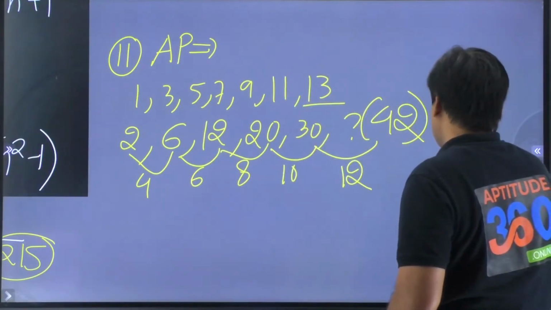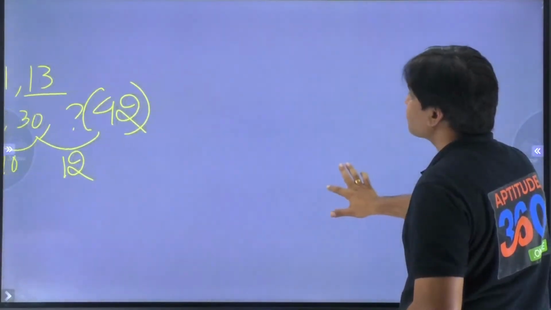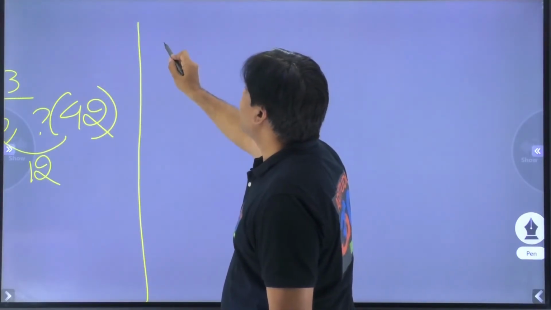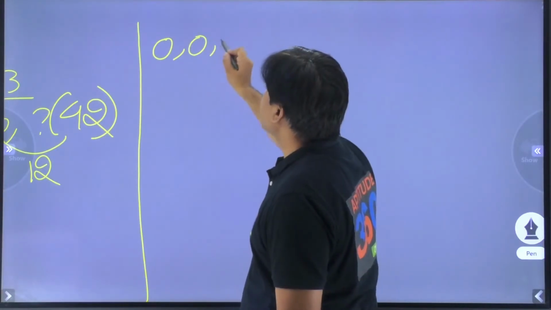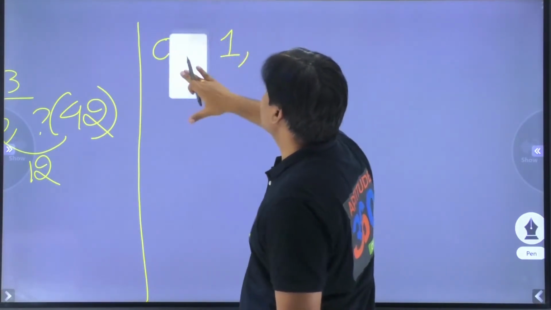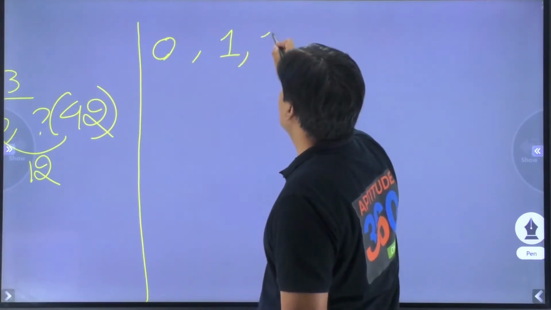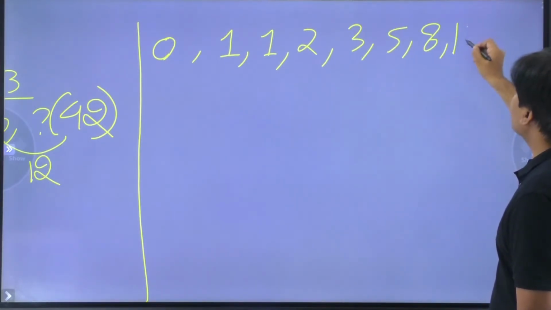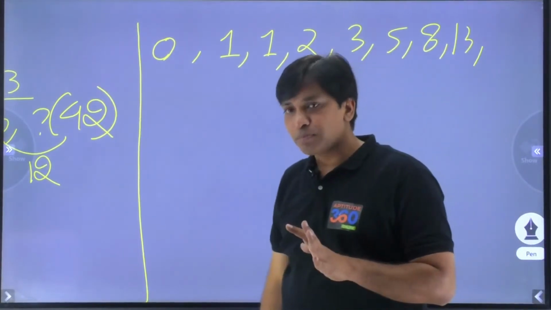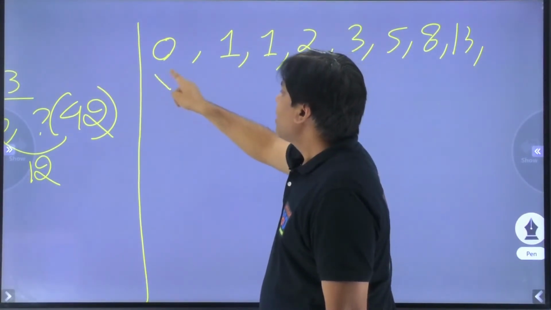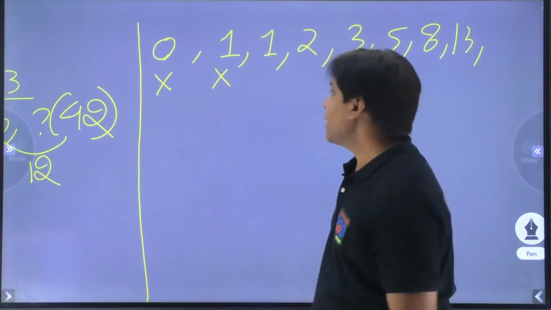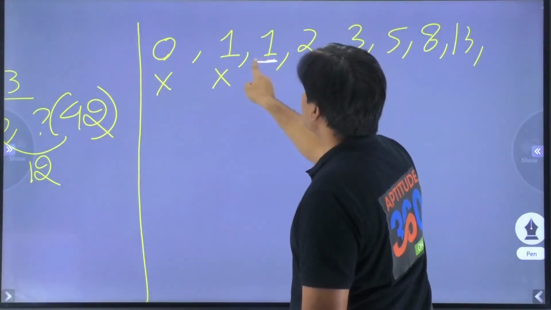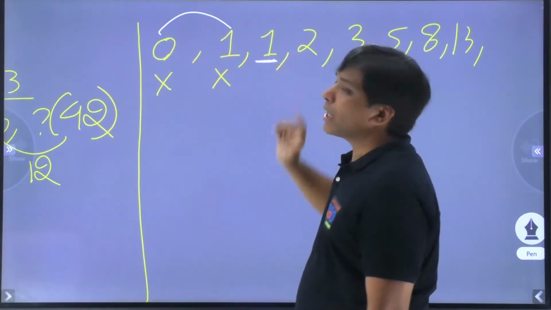The third, what if you have got something like this, something like 0, 1, 1 and then 2 and then 3 and 5 and 8 and then 13. So what is going to be the next term out here? If I have to find it out, understand this. Barring the first two terms, what is going to be the third term? The third term in fact is the sum of the previous two. So the sum of these two, 0 plus 1 is 1.